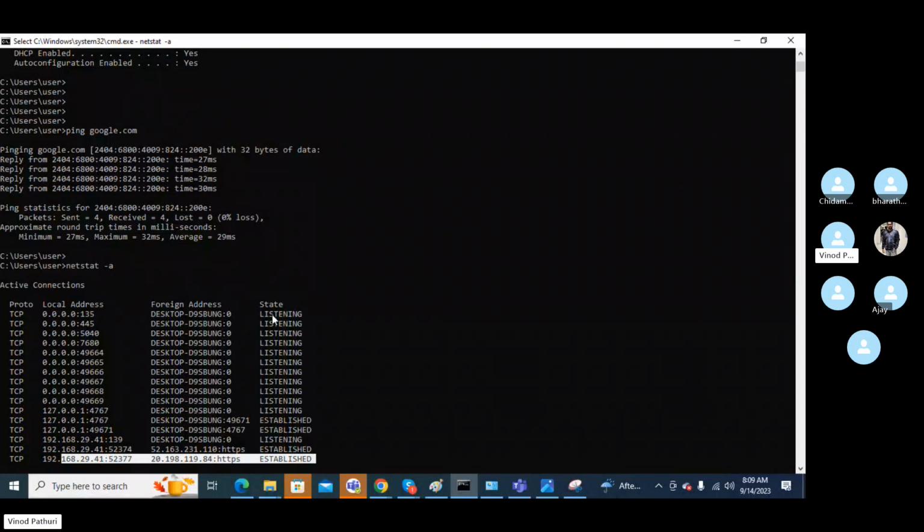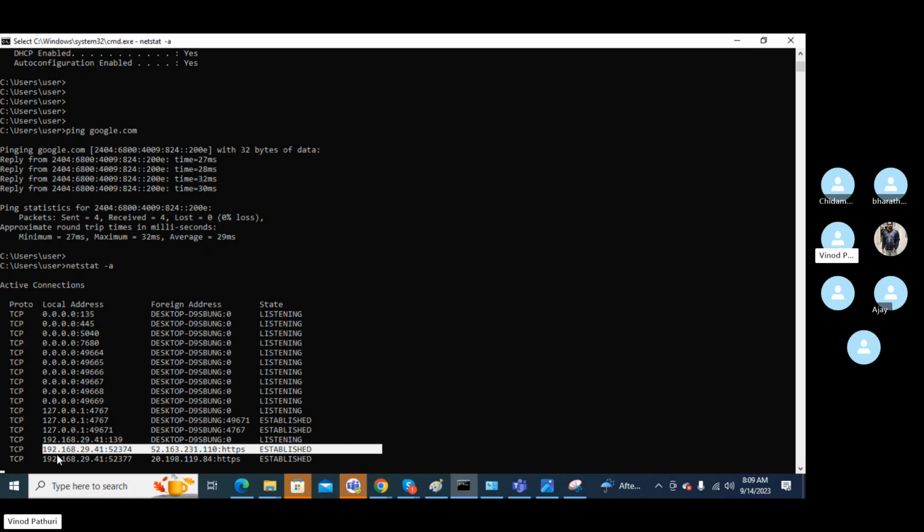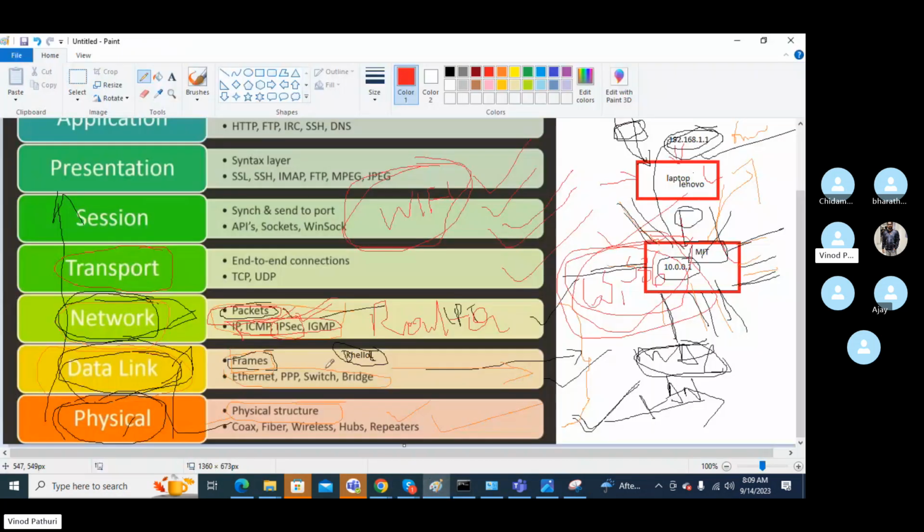So like that, you can have multiple connections, and each and every time it will go via a different port. Okay, you have your IP and the transport layer, right? The way it is transporting is using ports.